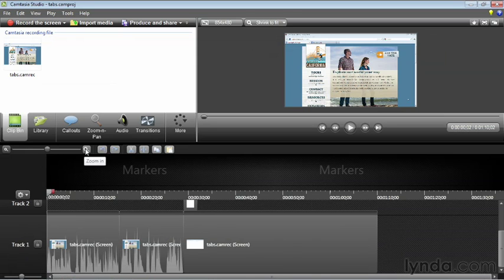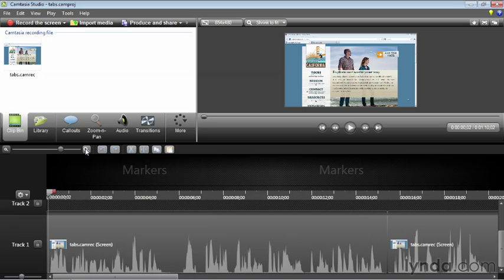Let's go ahead and zoom into our timeline a couple of clicks so we can more easily see the audio waveforms. By looking at the audio waveforms, we can oftentimes identify points where we may need to make an edit. Here, we're able to see that there's a large gap that's been left in between some of our audio. That may indicate that there's a problem here or that there is an edit that we need to be able